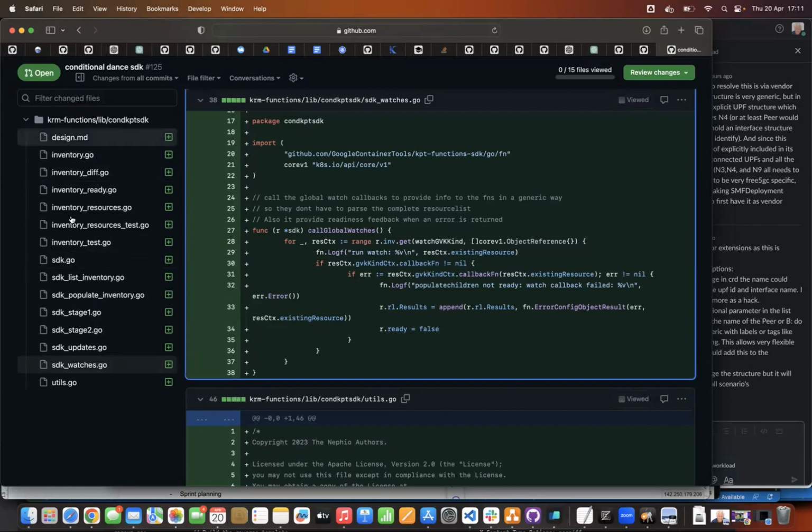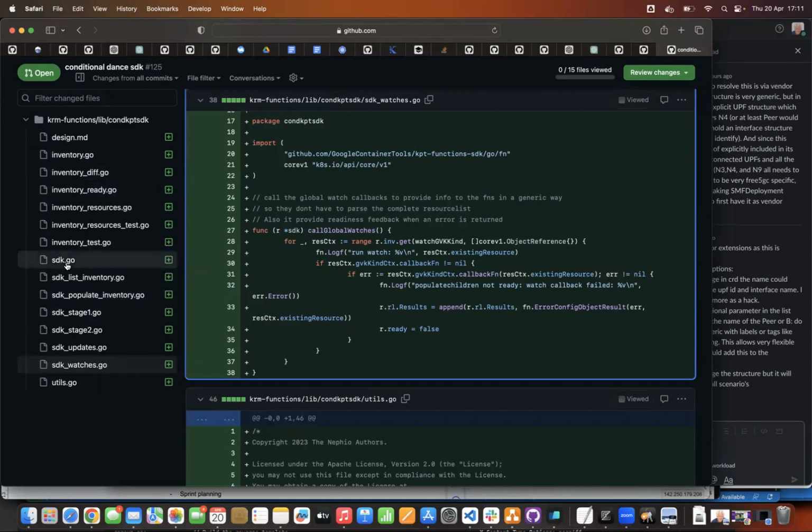So the inventory is what is being used by the SDK. The way it works is that you read the resource list from the CAP package, and then we store it in an inventory, and that inventory is then consumed by the SDK to perform its functions. The inventory is a cache of the status, and we update that, and based on that you have the diff, the readiness gate, and the resources. So that's how it is.